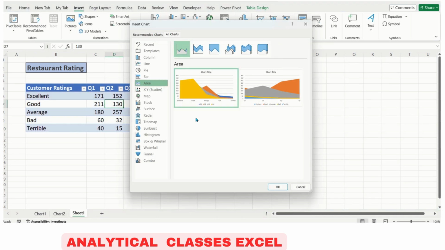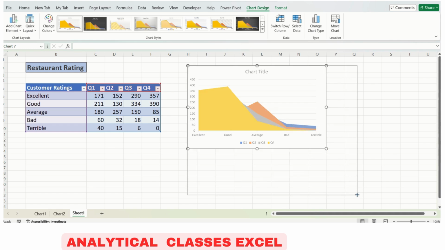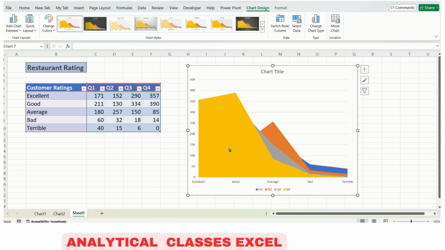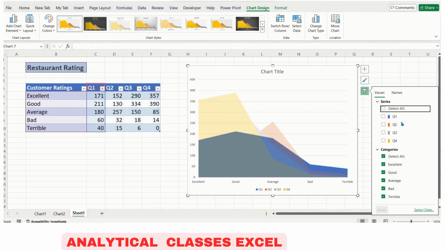So now coming to the next option, which is the area option. Let's select this, and in this chart we can see it has filled the area with color. Let's assume quarter 4 is this, quarter 3 is gray, quarter 2 is orange, and quarter 1 is blue. So it has taken the values, joined them and colored it. Let's say if I want to just see quarter 1, so deselecting everything, I can see quarter 1.